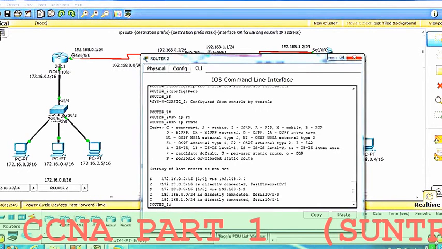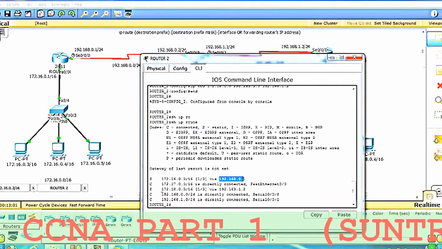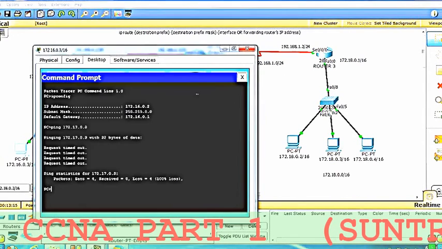It's showing me S, static route: 172.16.0.0 is connected via 192.168.0.1, which is router 1's serial 0/0/0 IP address. And one more static entry, 172.18.0.0, is connected via 192.168.1.2. So now I have done static entries on router 2 also.